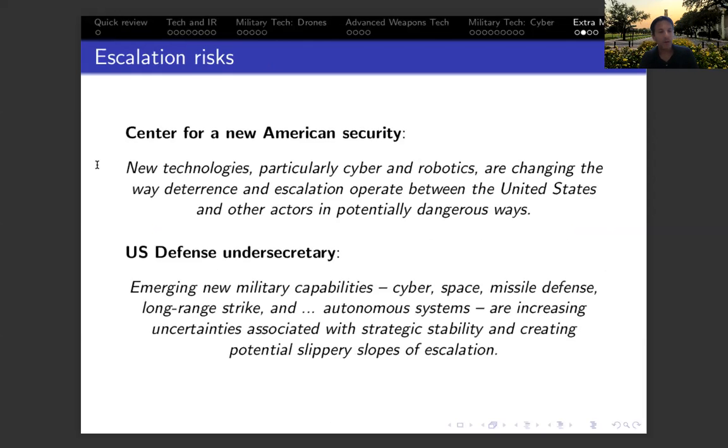A former undersecretary in the Defense Department argued that emerging new military capabilities such as cyber, missile defense, and autonomous systems increase the uncertainties in the environment and create a slippery slope of escalation. So again, these are just examples of the way that professionals and politicians view the effects of those technologies. And this is important to think about because this is the effect of the new technology on the potential